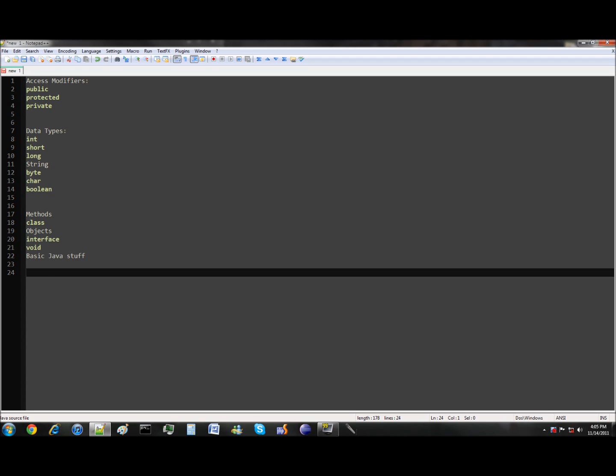Strings are just letters. They can also be numbers, symbols, whatever. So strings are probably the most generic type available in Java. Chars are single characters, so char c equals blah would be an example of that. Booleans are true or false statements, so if you have Boolean